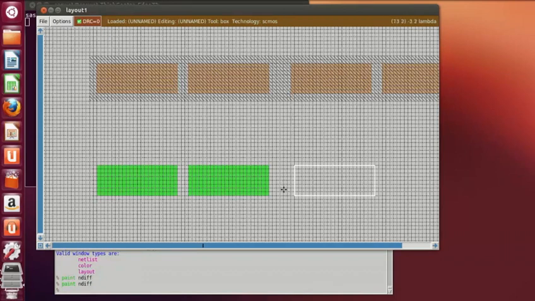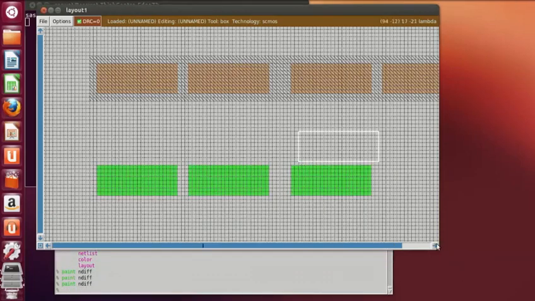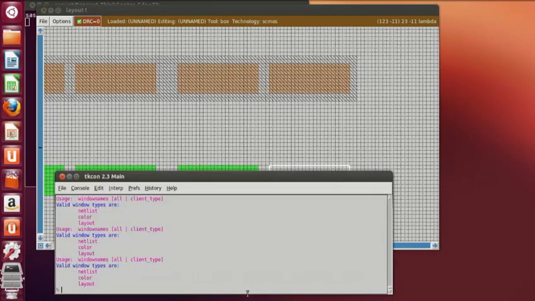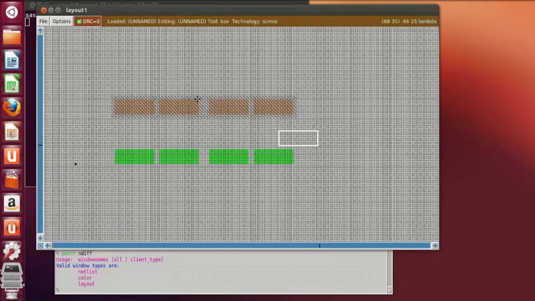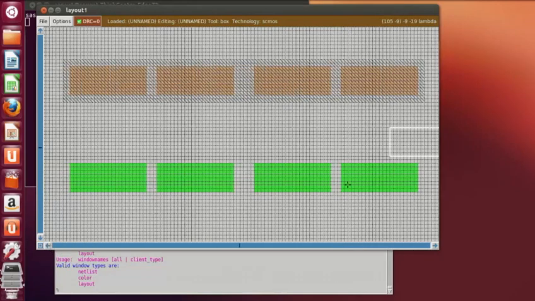Now just in order to get uniformity, you have to place at similar gaps. Okay, now the first two PMOS and NMOS are meant for drawing the inverters, and the last two are